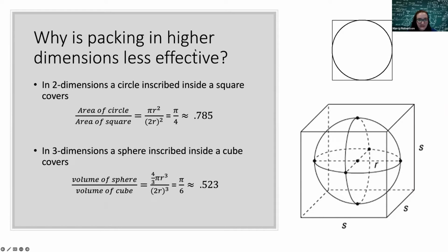Let's look at the circle in 2D. If we look at the circle inscribed in the unit square, just barely touching each side, the circle covers a little over 78% of the square. If you look at the area of the circle over the area of the square, you get pi over 4. But if you go to 3 dimensions and inscribe a sphere inside a cube, where it's touching each side of the cube,